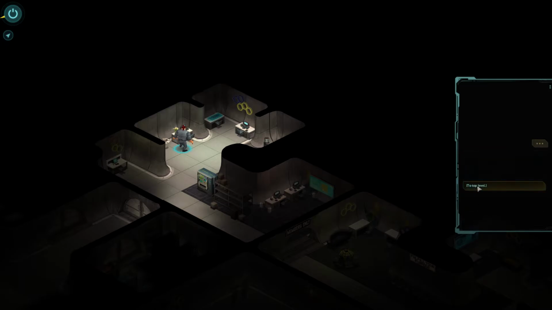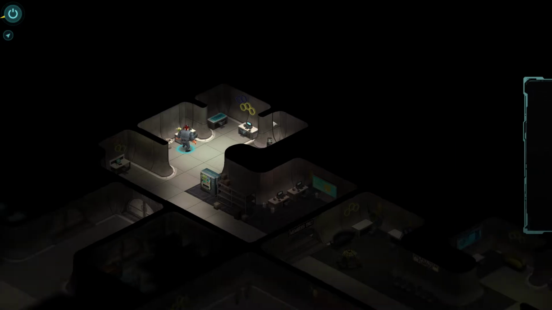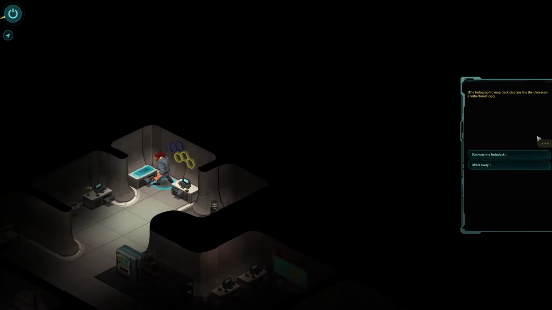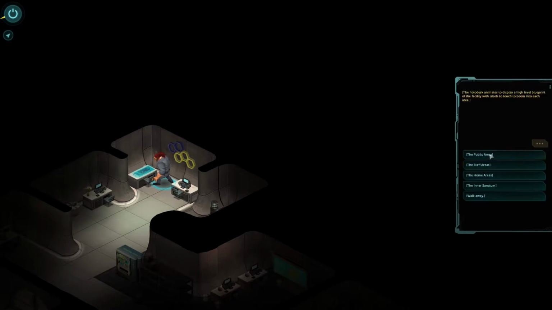So, all right. So now we got the number. Now we need a few other things, but we need housing, and we also need the possible password. We actually already know the password from the letter there. Now we just need where Monica is in the housing section. So we check this. The holodeck map displays the Universal Brotherhood logo. Activate the holodeck. The holodeck animates to display a high-level blueprint of the facility with labels to touch to zoom